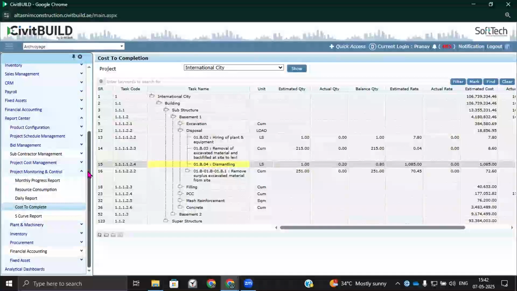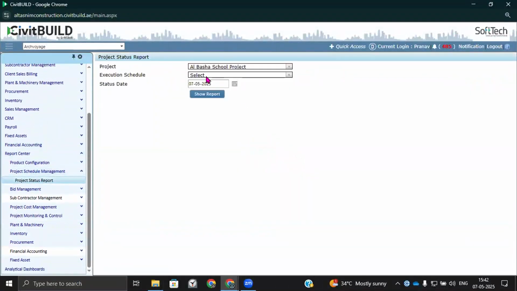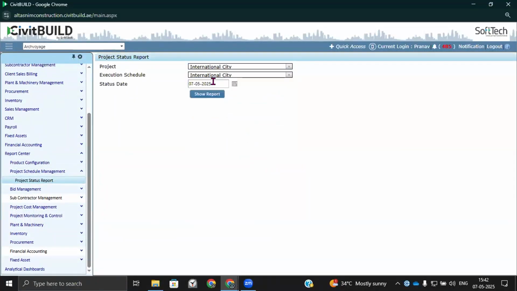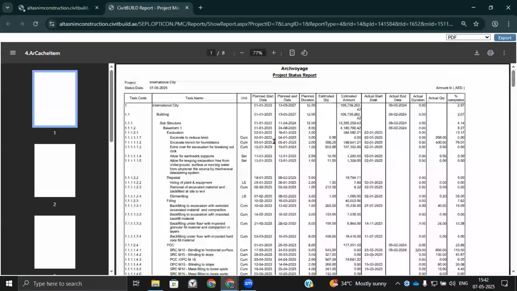There are numerous reports for monitoring the project progress with reference to scheduling and how your project progress and completion look. Let me show you a glimpse of it.